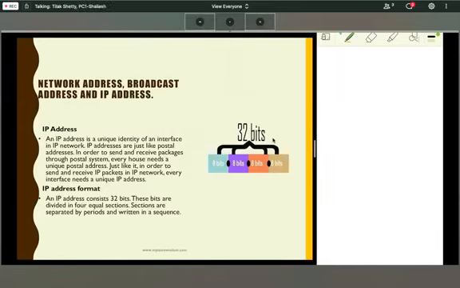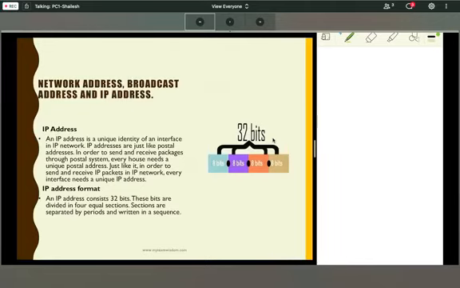Yes. For example, our IP address is 192.168.1.2. In that, the network address would be 192.168.1. Okay, fine, we will see. There is a network address, a broadcast address, and an IP address. First of all, we will see what an IP address is. An IP address is a 32-bit number, a unique identity for each and every host.